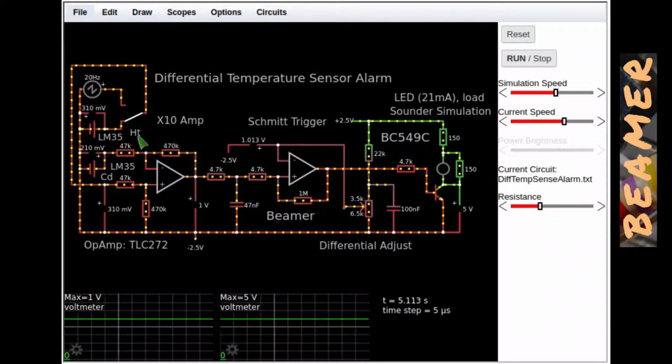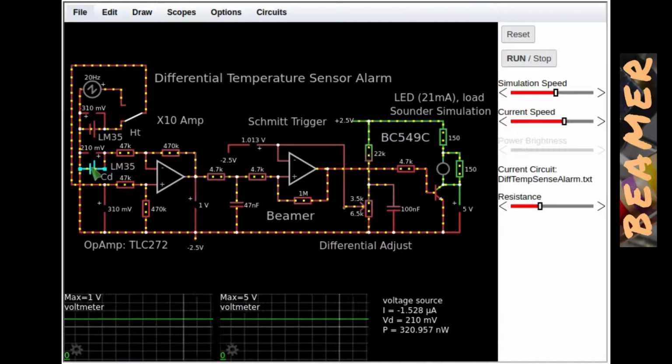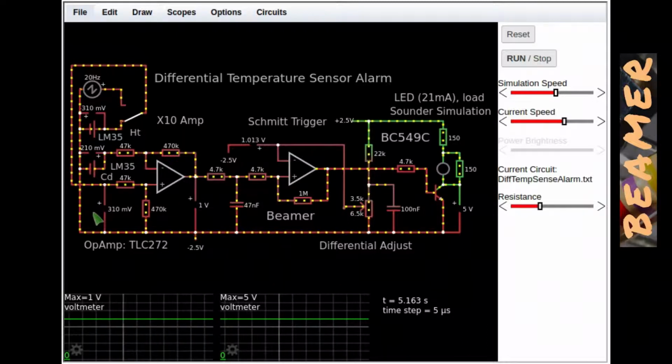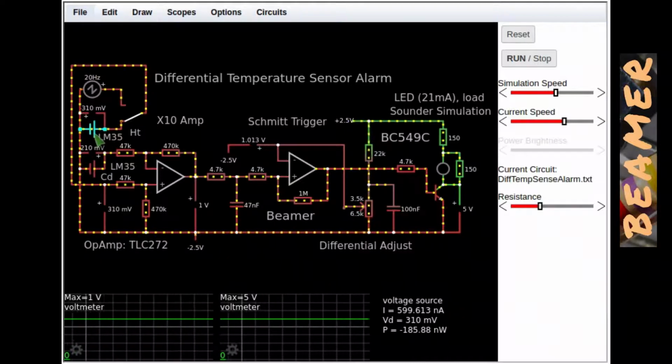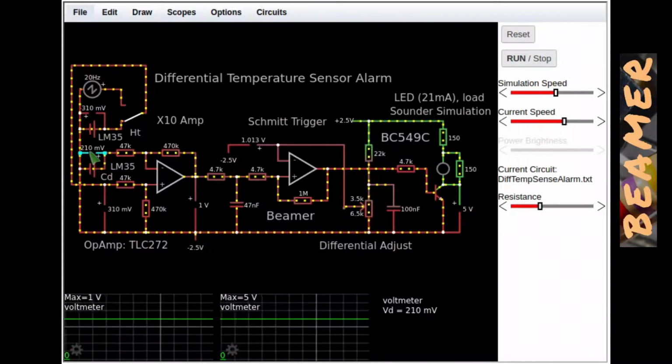So this is the hot sensor, and that is positioned on the microwave oven surface as the black spot, and the cold one is positioned in, say, one of the 4 corners of the surface of the microwave oven. The ambient temperature of our kitchen when I measured it was 21 degrees C. These sensors move at the rate of 10 millivolts per degree C. So therefore at 21 degrees C, which is the ambient temperature, you would multiply that by 10 and that comes